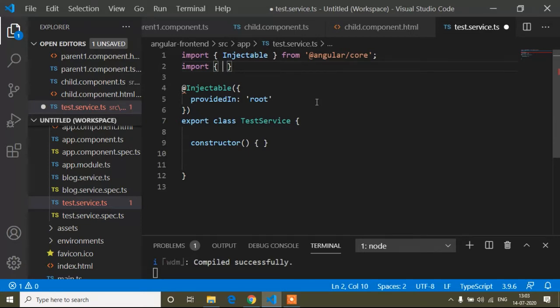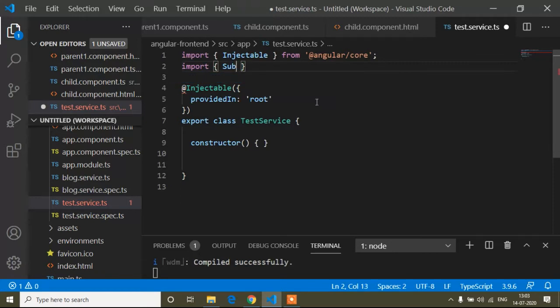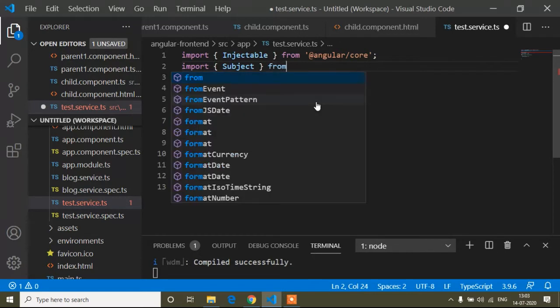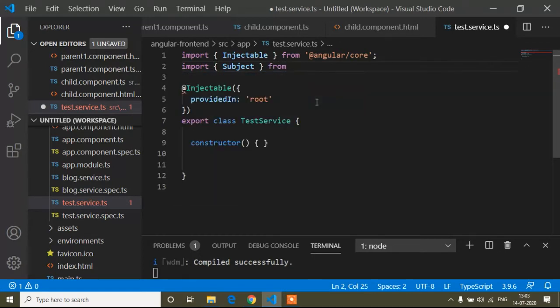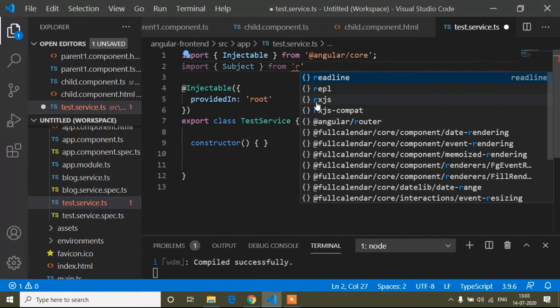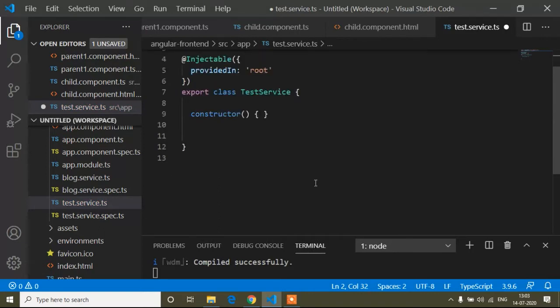So here I will write subject, and subject from RxJS. So you can see it's showing RxJS. And now just here I have to write a variable.